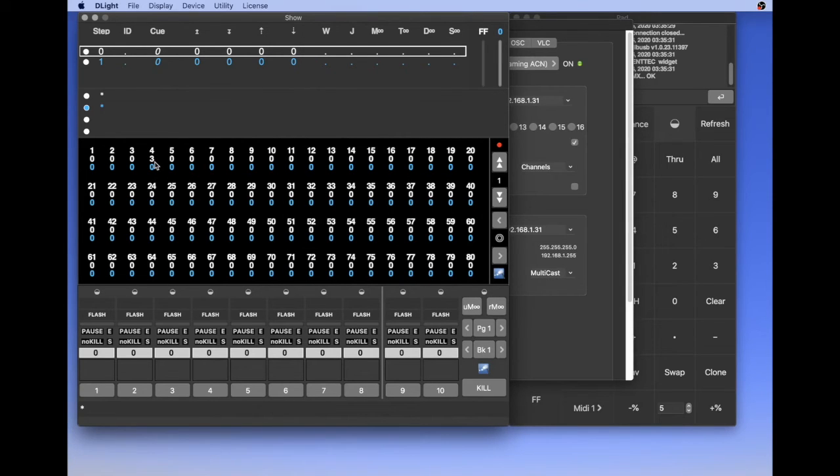Here, for example, if on the PC I control channel 4, and if I press the go button, as in the preparation register there is a Q0 with 0 level, as soon as I press go, you see, Daylight takes back control on channel 4 and removes the level that comes from the PC.